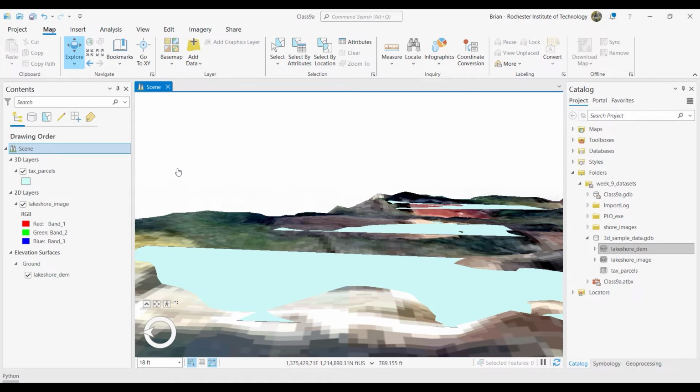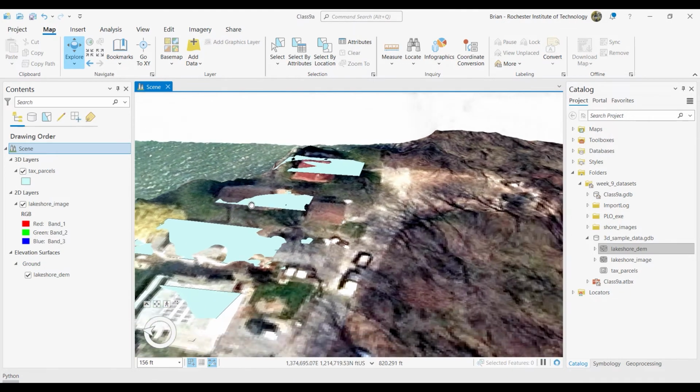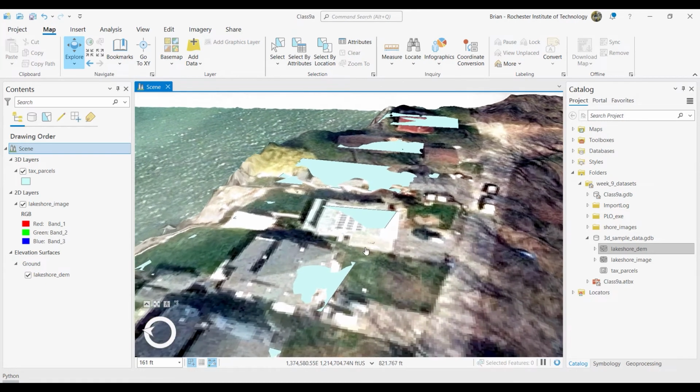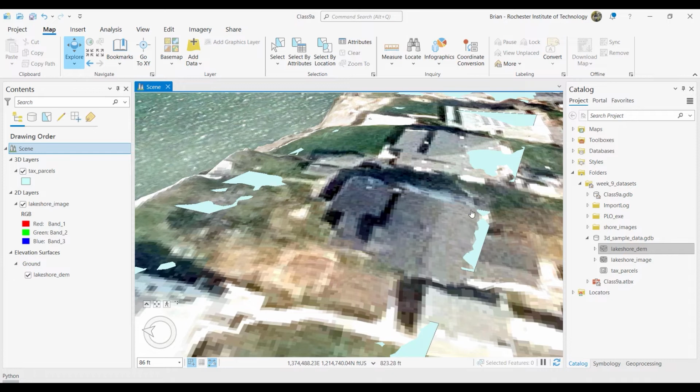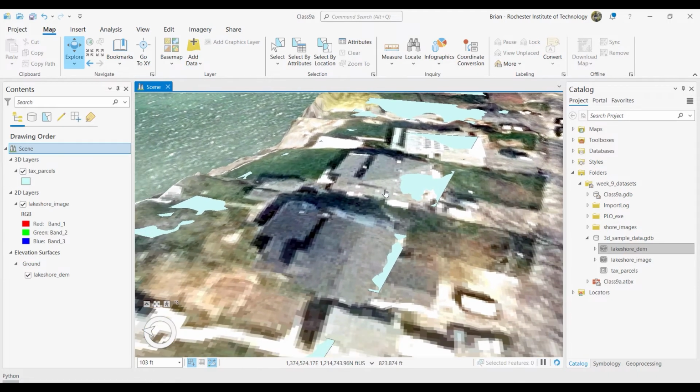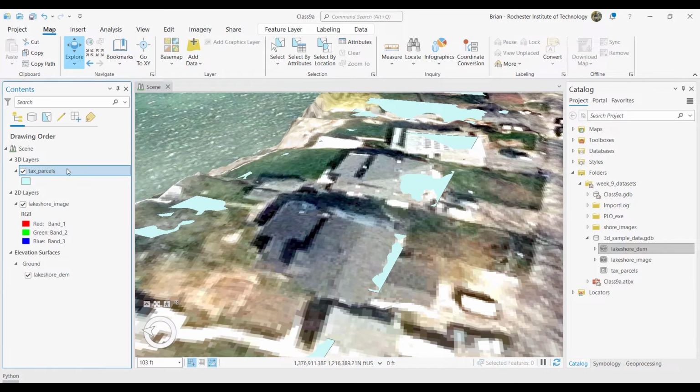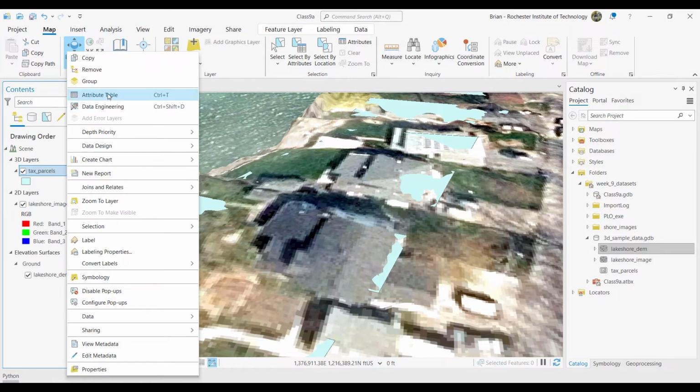Okay, sorry. So now let's take these three-dimensional polygons and you can see the images of the building. Like I said, they're not going to be exact representations of buildings, but they'll be close enough for what we want. And we're going to extrude them. Extrude means we're going to take a value and use that value to basically pull these things up. So if I look at these tax parcels, right click and open the attribute table,